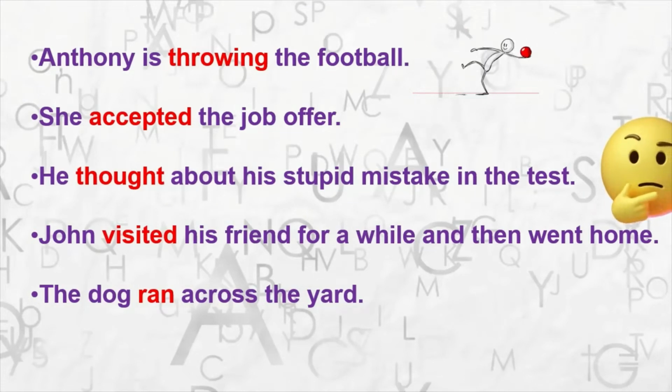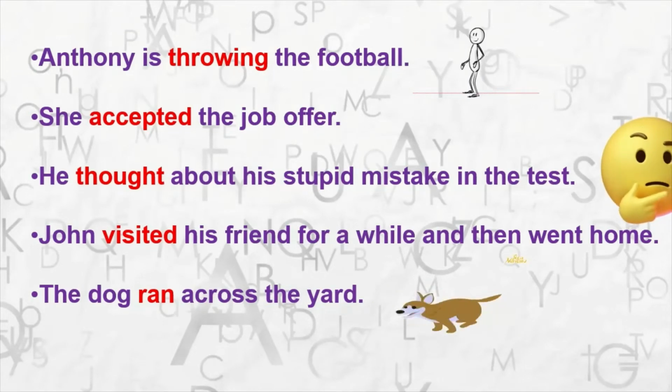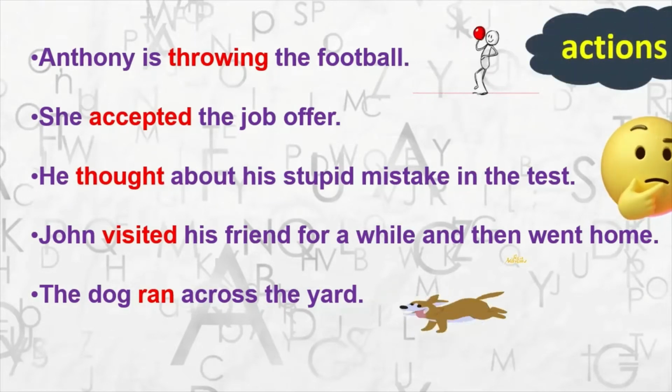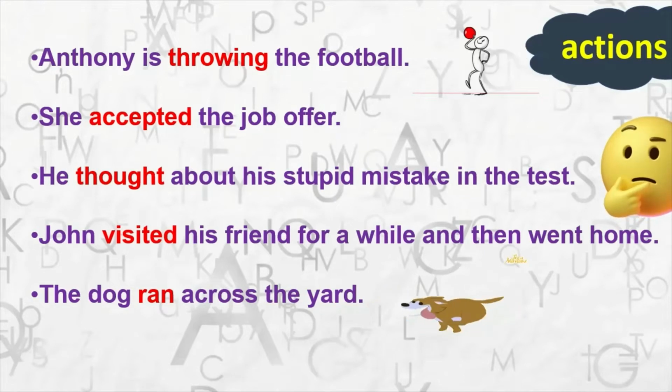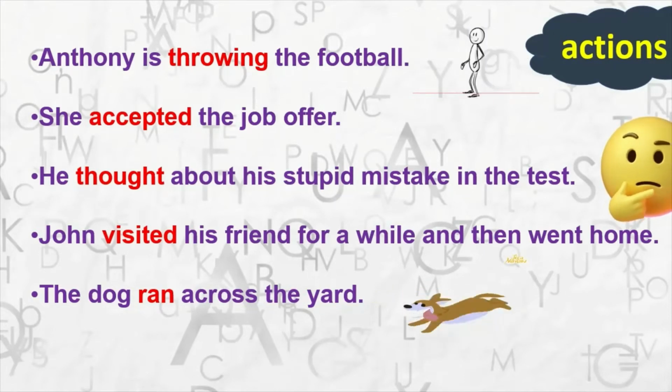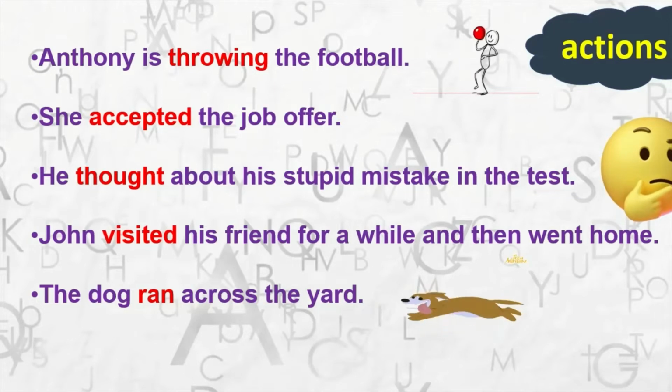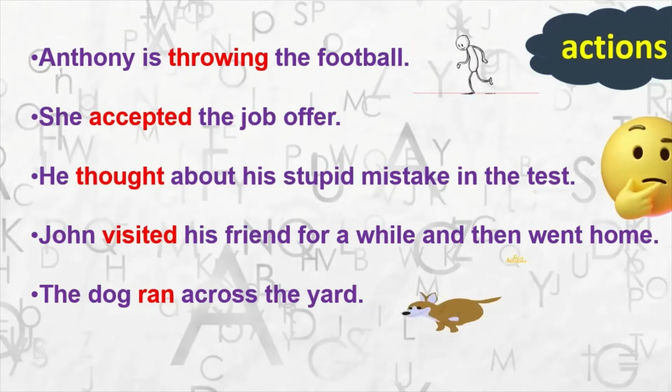The dog ran across the yard. See the dog running. He's running across the yard. So ran here is an action verb. Then you have all these words which are in red, which are all different kinds of actions. So throwing something, accepting something, thinking about something, visiting a person, running, all these are actions and hence they are